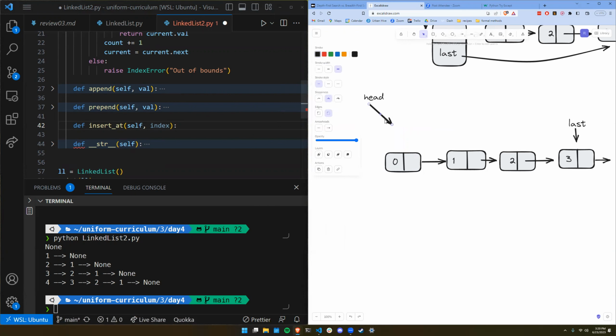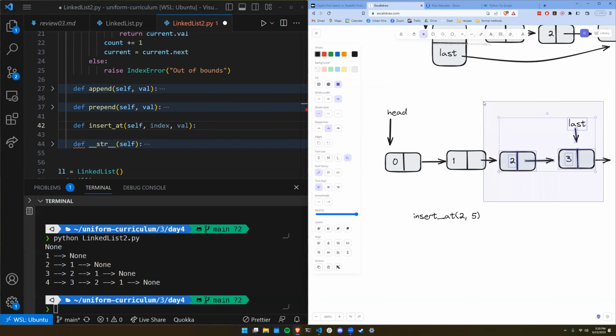There's no new node, but there is a head and a last. This is what my list currently looks like. And I'm going to say insert at 2, which means the second index. So basically, I don't want to insert here, I don't want to insert here, but I want to put something here. Let's say I said not just insert at index, but I would need to add a val as well. It's like if I wanted to insert at index 2 val 5,